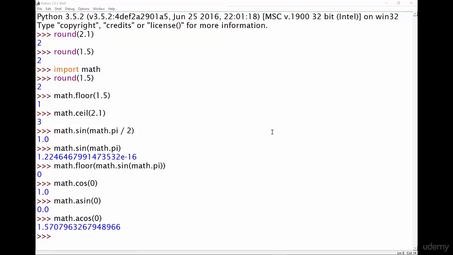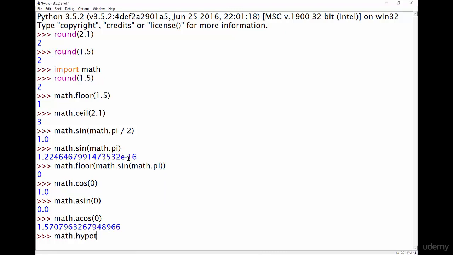We can also use the math library to find the hypotenuse of a right-angled triangle using the Pythagorean theorem. Now, as we know, the hypotenuse of a right-angled triangle, where A and B are the small sides, and C is the hypotenuse, the long side, you can use the square root of A squared plus B squared. But for a right-angled triangle with short sides of lengths 3 and 4, the hypotenuse is 5. So we can check this by doing